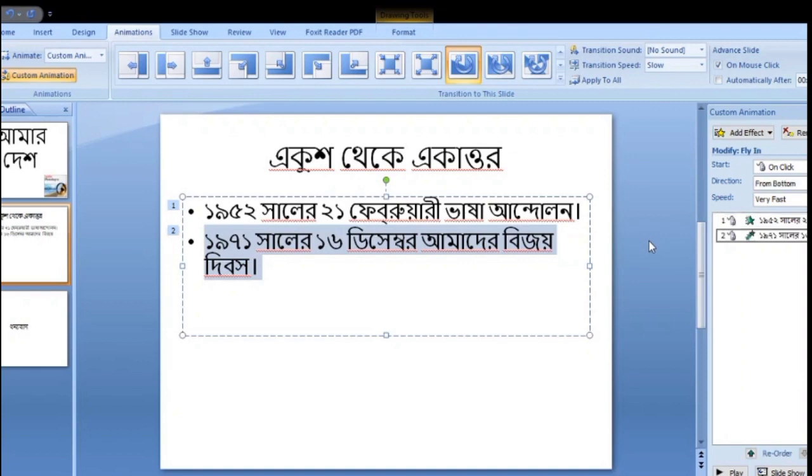If you select More Effects, another list will be shown. Selecting any transition from the list will show the same effect.